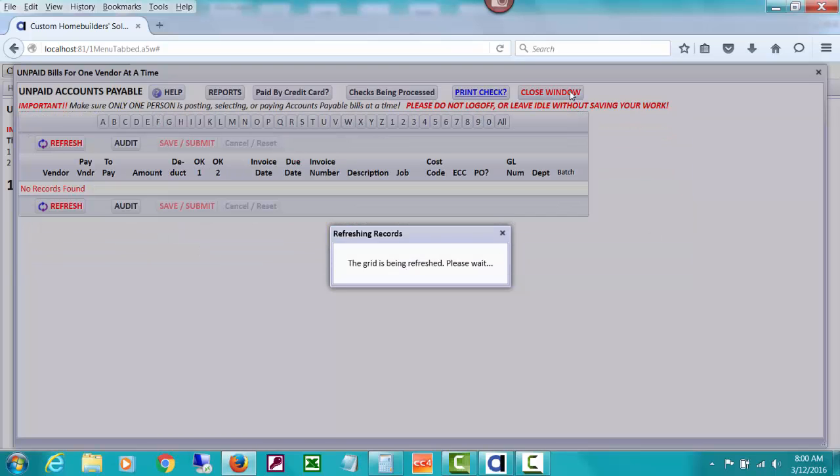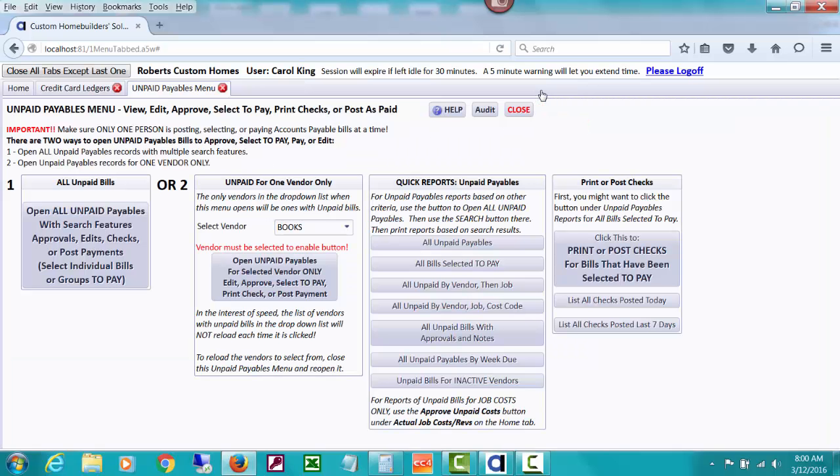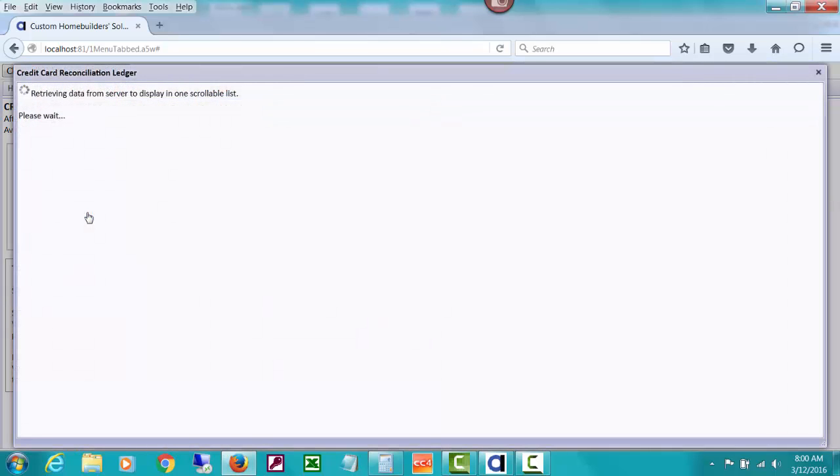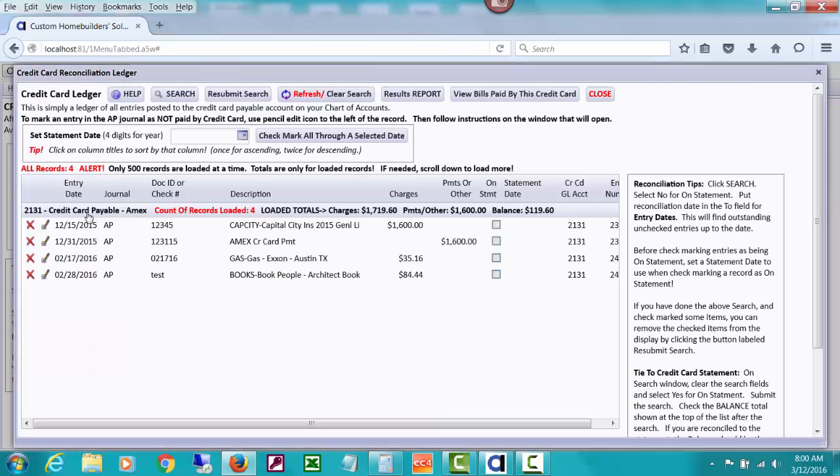So that shows you double time how you fix something like that. And if you go back to the credit card ledger, now we ask for our Amex. I've been using Discover so much that I boo-booed that. But you can see sort of double time how that's happened, and now that charge is back on here on a date I wanted. Maybe it was showing up with an earlier date that I didn't want, and that's how I accomplished getting it